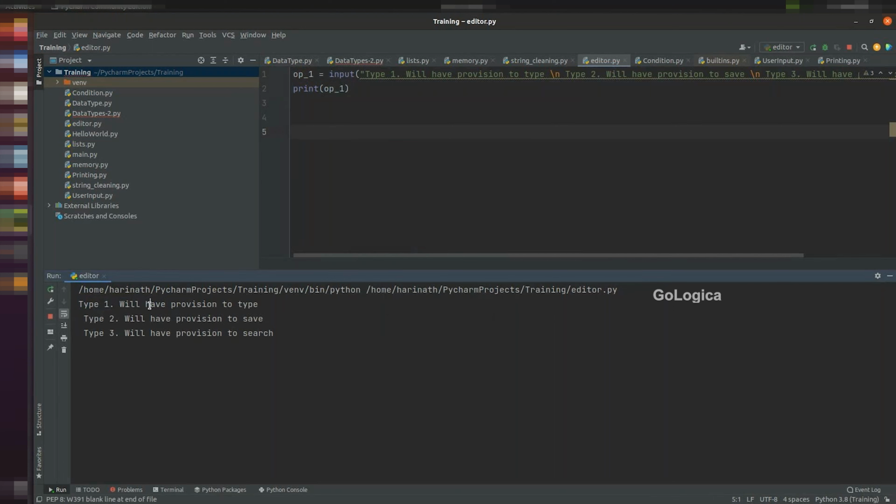You see type 1, type 2, type 3. Now I have to get the input. Let me assume that I need to type something. If OP equal to 1,